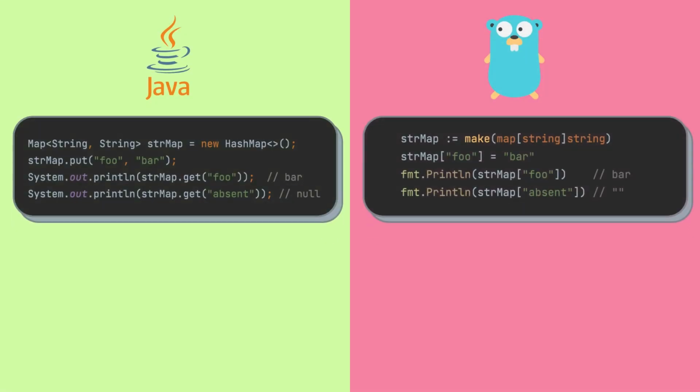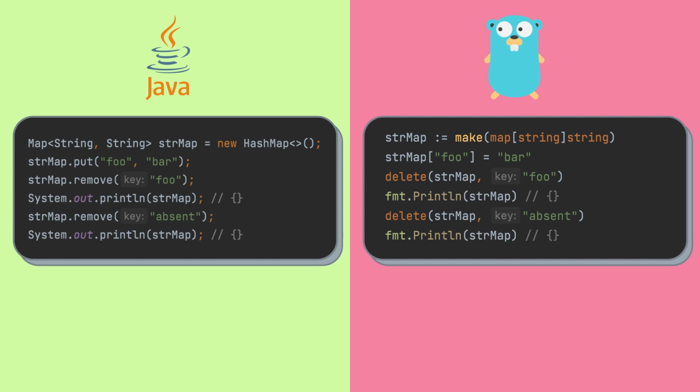These snippets show how we set, override, and access elements from a Go map. Note that this is similar to accessing elements in an array, but we specify the key instead of the index inside the braces. When a key is absent, the default value, which is called the zero value in Go, is returned. Hence, in the shown example, accessing the value of the key absent returns an empty string, which is the zero value of string.